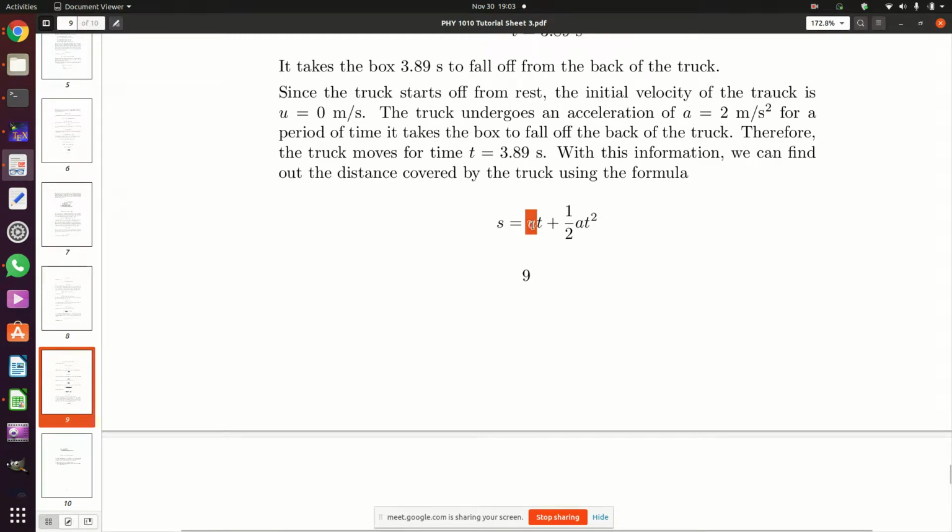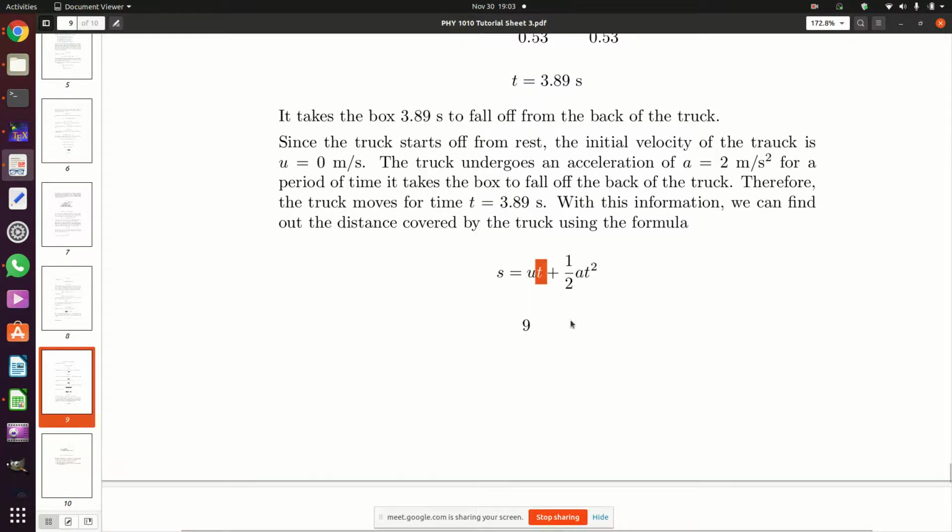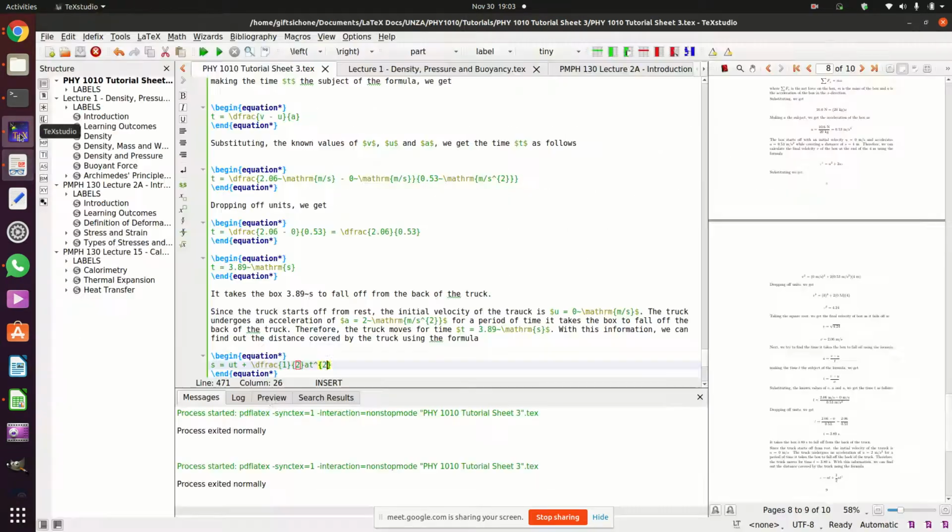U is the initial velocity of the truck, which is 0 meters per second. T is the time you have found, 3.89, plus half the acceleration of the truck, which is 0.2 meters per second squared. Then the T is 3.89 seconds. Is that clear? Yes. So substituting,